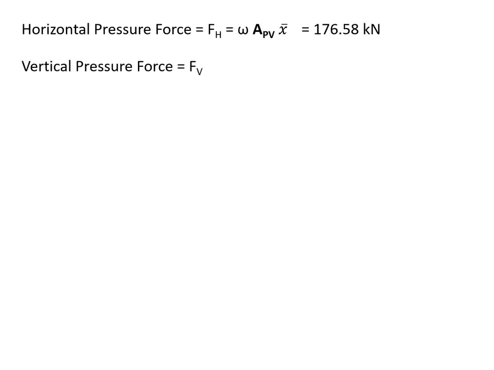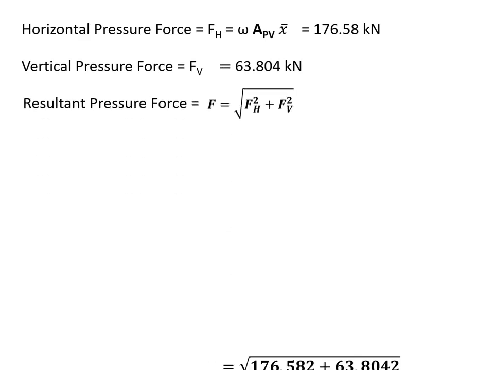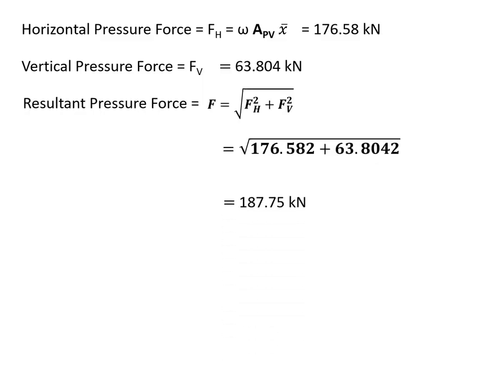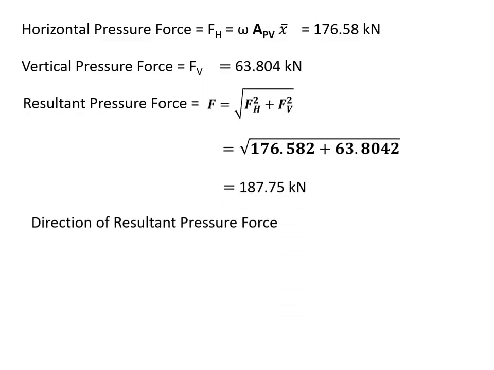Similarly, we have the horizontal pressure force, which we already determined. We have found the vertical pressure force. So that gives the resultant pressure force, which will come to 187.75 kilonewtons. And its angle is tan inverse of FV by FH, which is 19.87 degrees. So see the change in the problems that you compare. So as the free surface